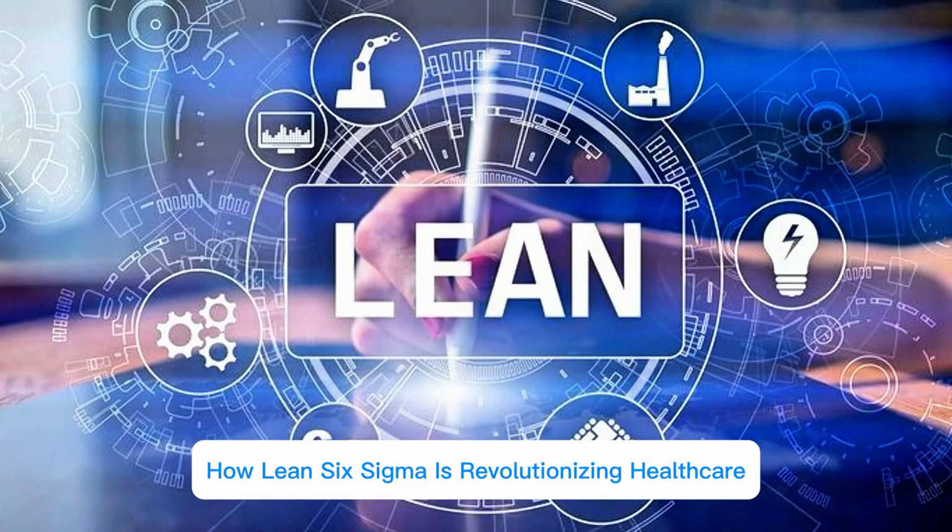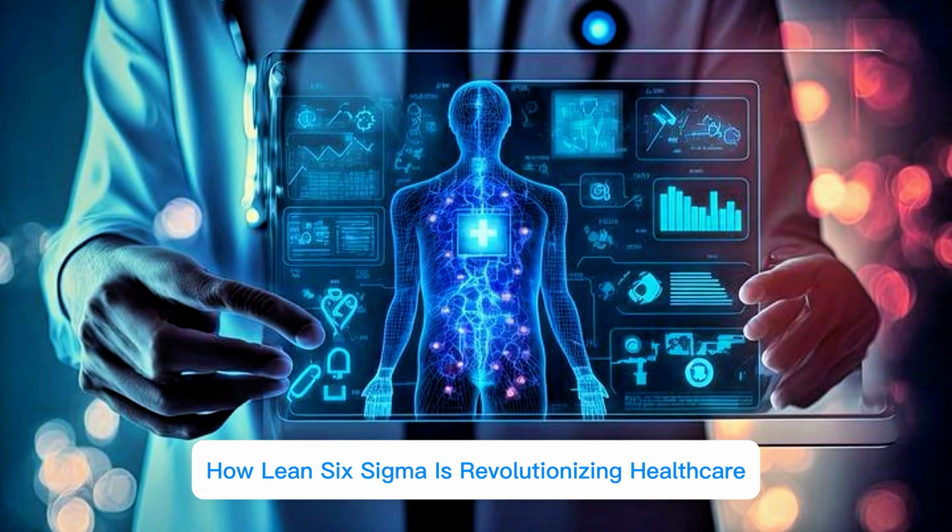But what if I told you that major hospitals reduced patient wait time by 61%, decreased medication errors by 73%, and saved more than $1 million annually, all using the same methodology? Today I am revealing how Lean Six Sigma is revolutionizing healthcare and why the facilities that don't adopt these principles